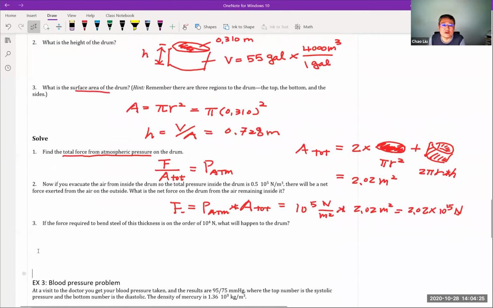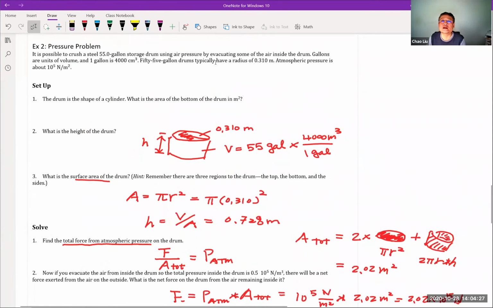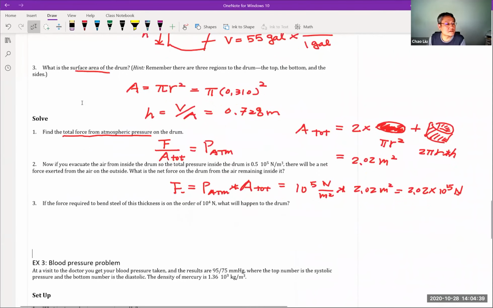Do they tell you the inside pressure? If you look here, the inside pressure of this is going to be